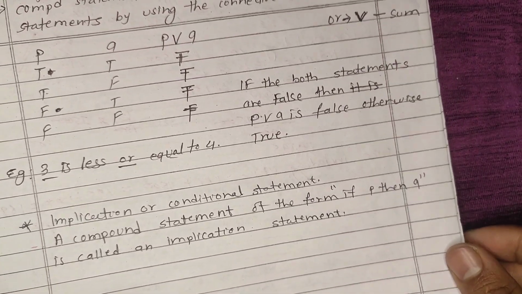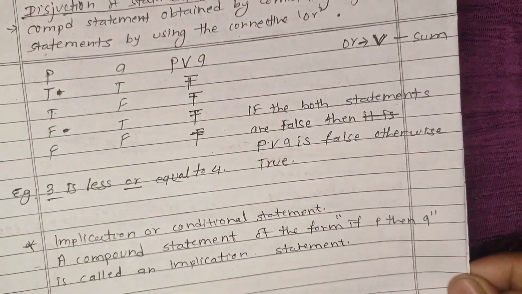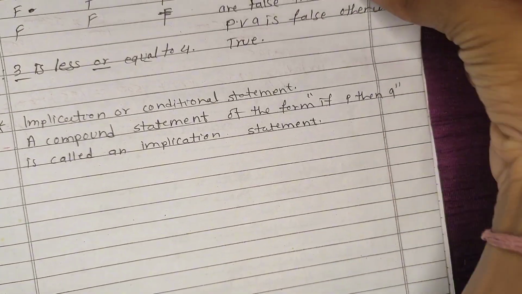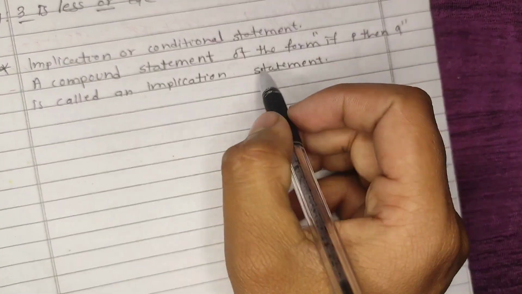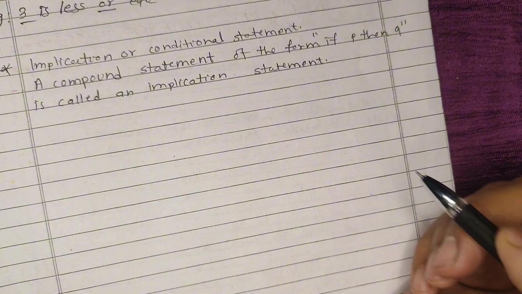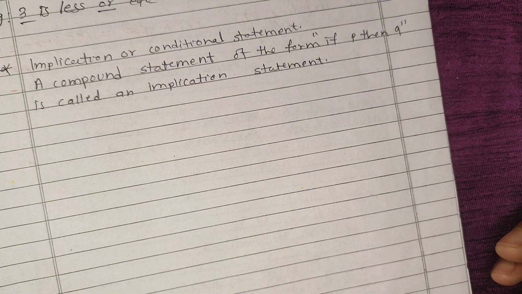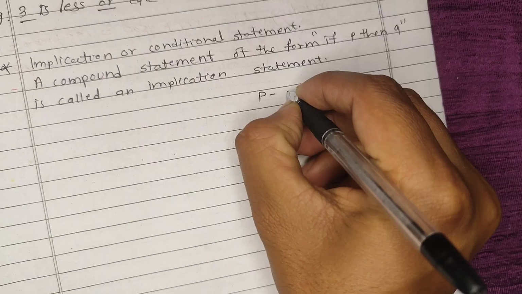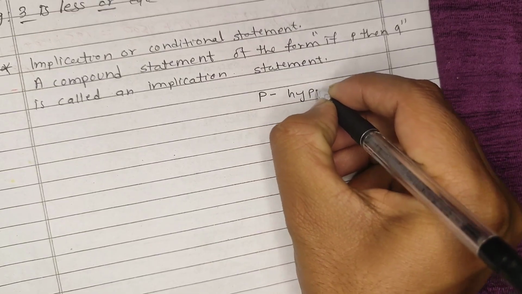Hello guys, we have already learned about the negation of the statement. So now for the implication or conditional of the statement. A compound statement of the form if P then Q is called an implication of the statement. Here P is called the hypothesis